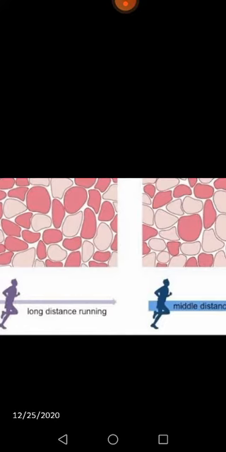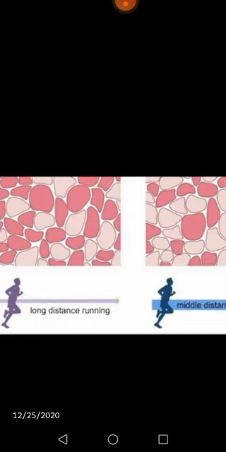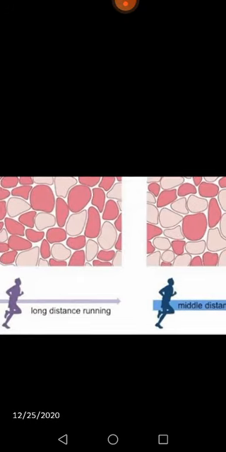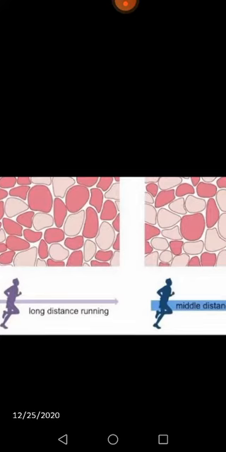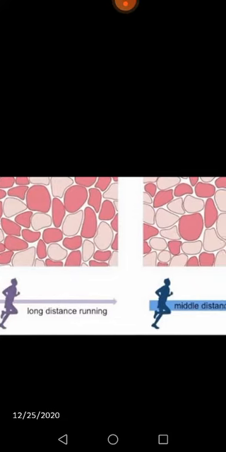Another important thing is that they are fatigue resistant. They are present in the postural muscles of your body, of your back, and the calf muscles, and you expect them in athletes such as marathon runners, as they are fatigue resistant. A large amount of myoglobin and cytochrome complexes are present here. What is myoglobin? It is basically an oxygen binding protein that resembles the hemoglobin present in erythrocytes, and a very good source of oxygen for muscle metabolism.